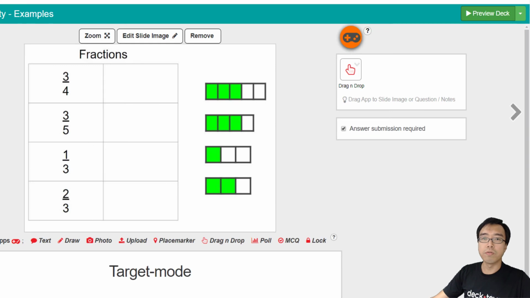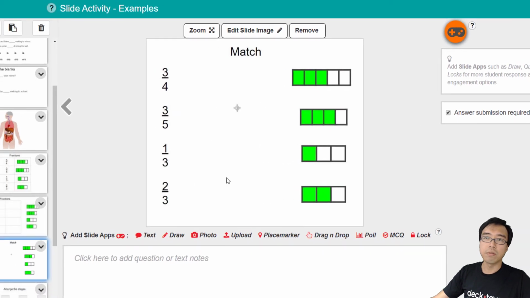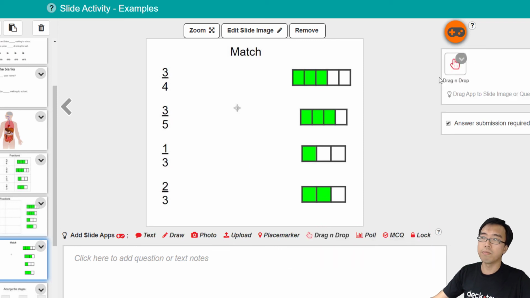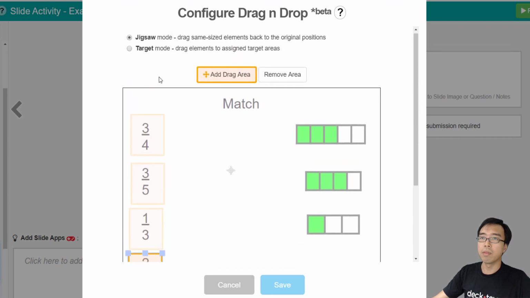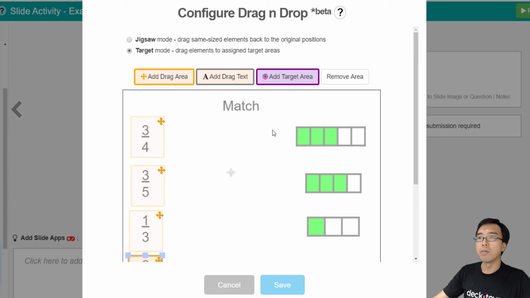And the next one I'm going to show is the matching. Normally you ask the student to draw lines between the activities, but now you can let the student drag one element to the next target area. Okay, you're going to add the drag and drop slide app, drag area. In this, I'm going to let the students drag the numbers to the image, to the target area on the right. But it can be either way too. You can set this as the draggable area. I'm just setting it to target mode, and the target area I'll put next to this, so the number will appear here